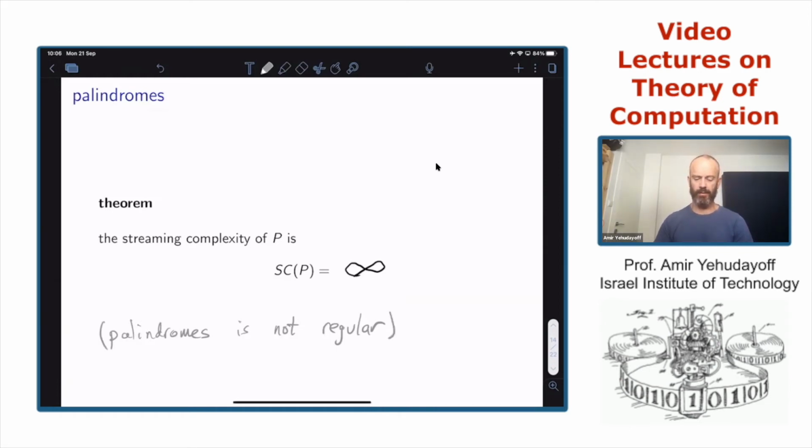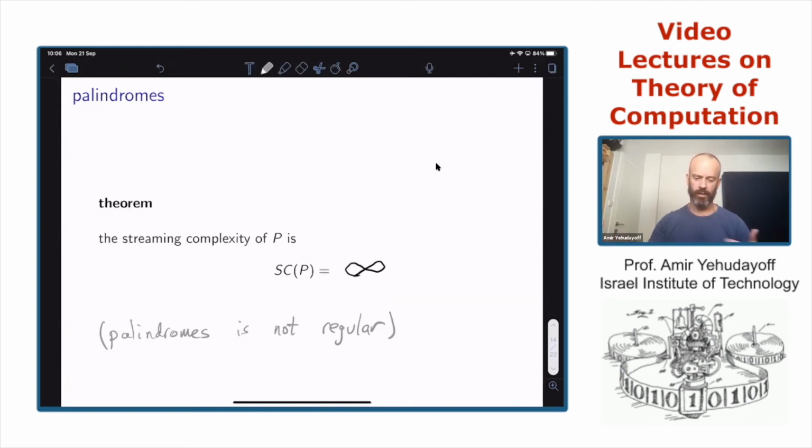Okay, so somehow this is an unsatisfying answer. When a simple problem like palindromes immediately goes out of the computational model, maybe the model is not interesting enough, and now it's time to reconsider the definitions we chose.